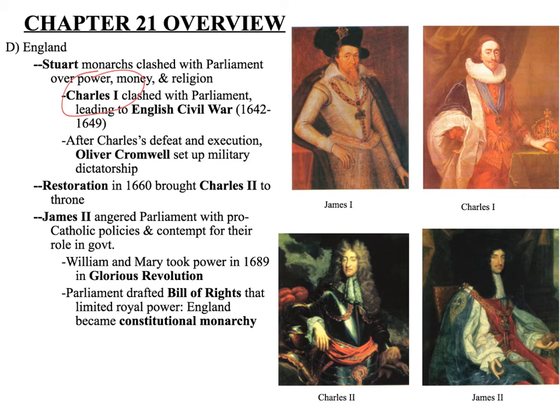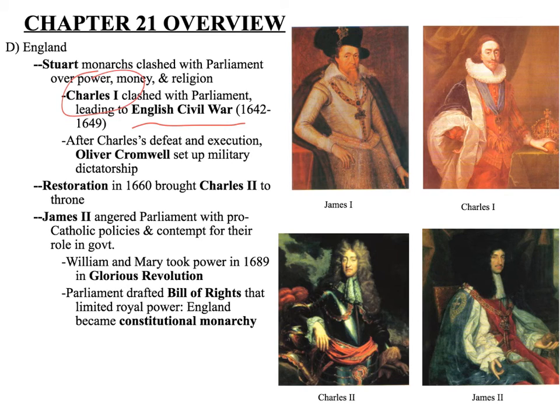He wanted to be an absolute ruler, but Parliament wanted a greater say in what was going on. And Charles ran into trouble because there was a rebellion in Scotland against his rule, and he needed money to crush the rebellion, which meant he had to go to Parliament. But Parliament wanted Charles to approve certain reforms that would limit his power and give Parliament more power. Charles refused, and as a result, you had the English Civil War, when the supporters of Charles fought with the